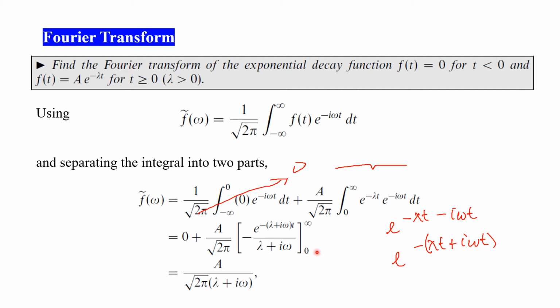This is evaluated again from 0 to positive infinity. Evaluating. So your Fourier transform is equal to a over square root of 2 pi times lambda plus I omega, which is the required transform. And it is clear that the multiplicative constant a does not affect the form of the transform, merely its amplitude. This transform may be verified by the substitution of the above result into equation 13.6, or